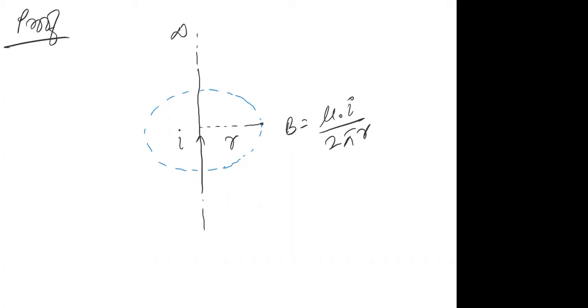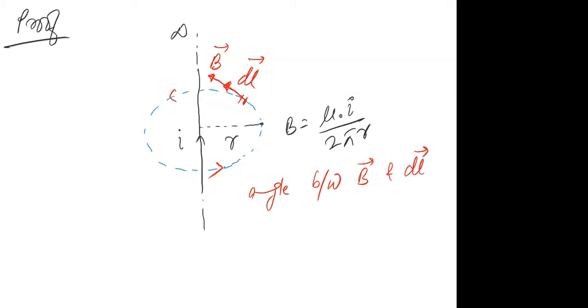Good, Afroza. Very good. So if I take a circular loop, now I will take a tangential element dl, and let's say I'm taking the magnetic field in the anti-clockwise direction. So if I take the magnetic field at this point, it will also be tangential. So what will be the angle between B and dl? Because both have the same direction, the angle between B and dl is obviously 0 degrees.